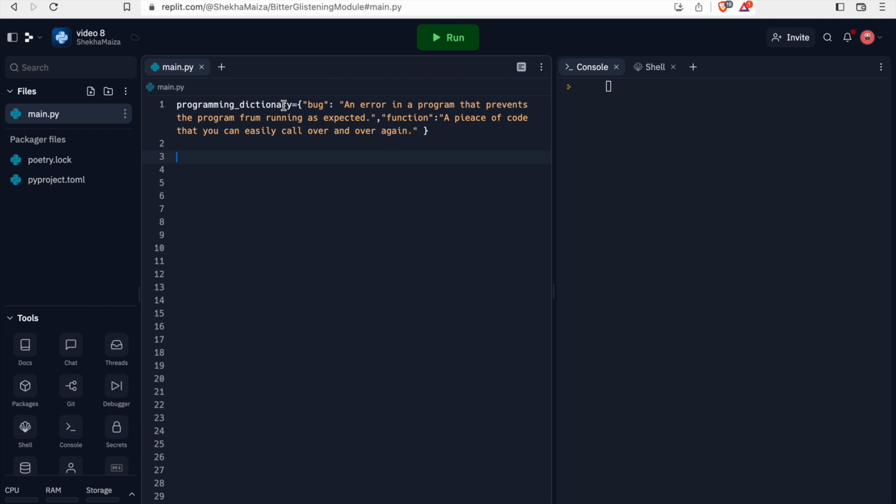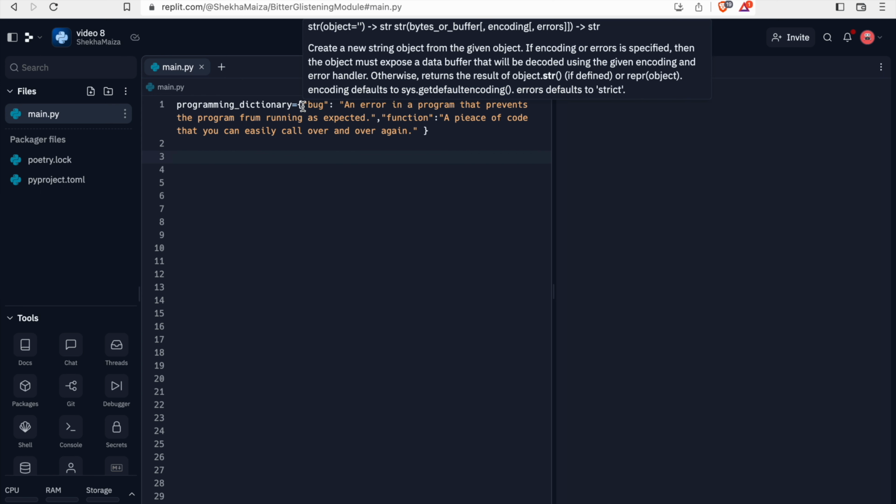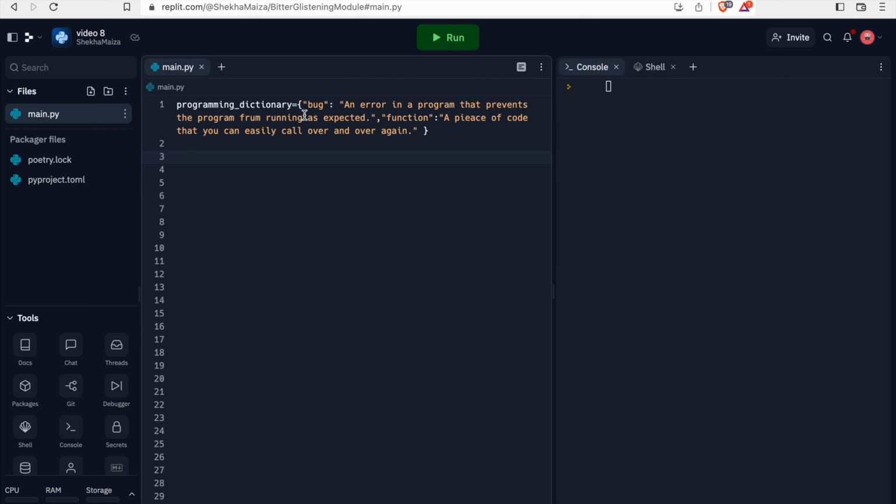I have already added the dictionary and I have stored it inside a variable called programming dictionary. Now, currently, I have only got two entries in this dictionary, the definition for a bug and the definition for a function. Now, the first thing I want to highlight